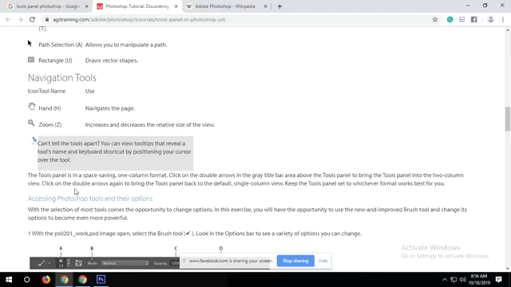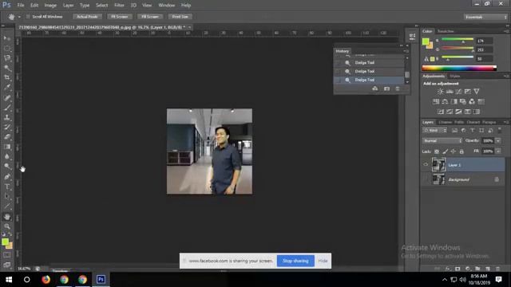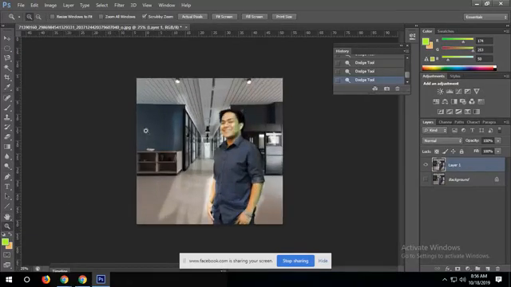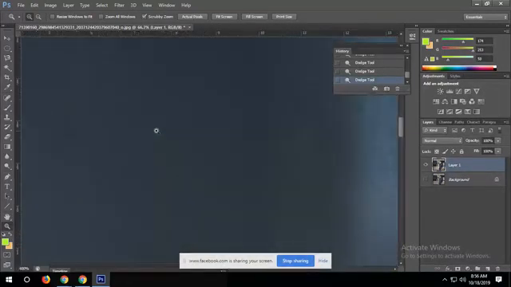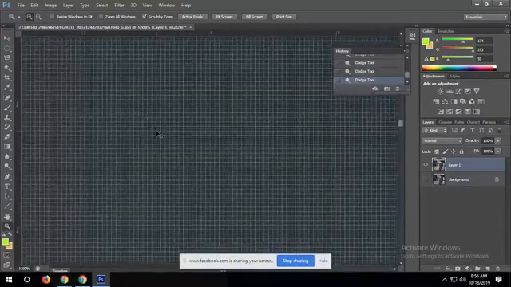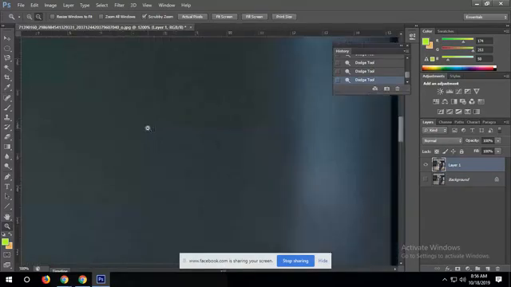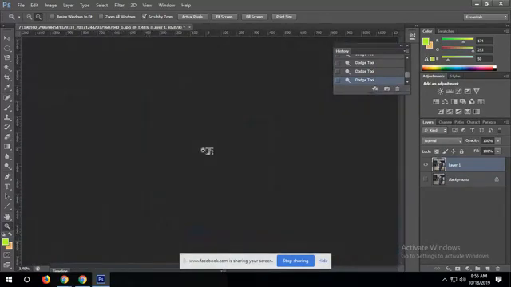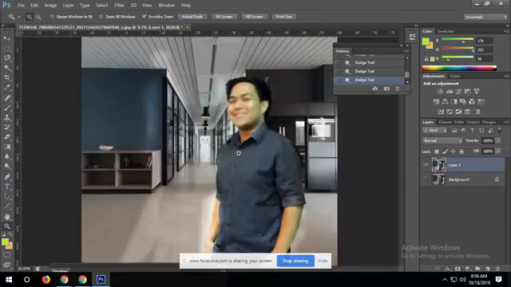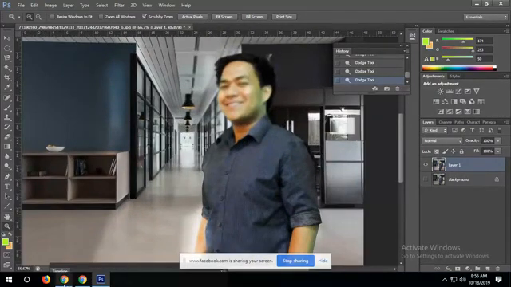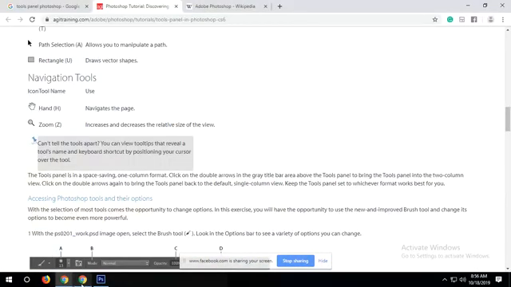Let's go to the zoom tool. Zoom tool is this. You can zoom in and zoom out. There's the option of zooming out the image. Let's zoom in and zoom out. Okay,